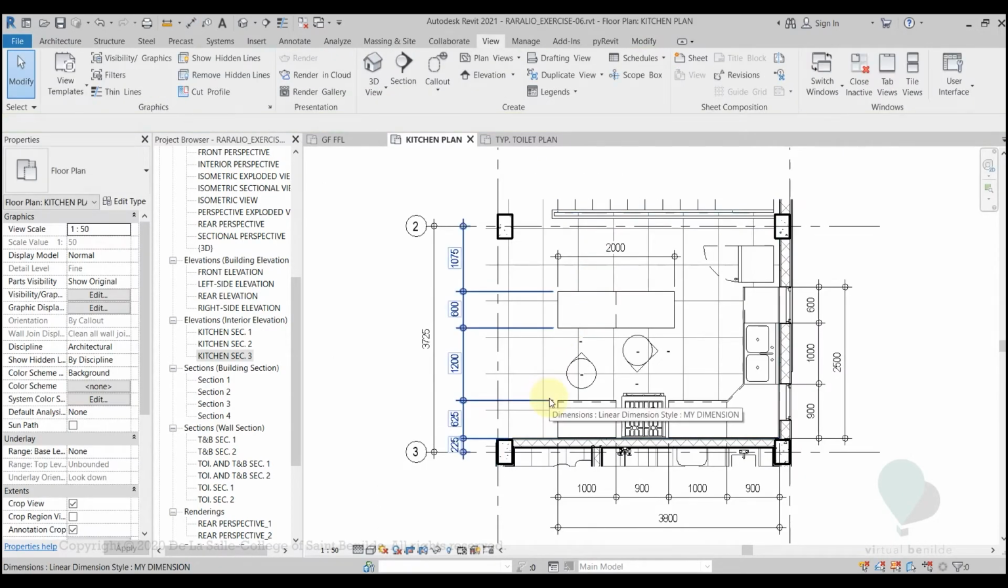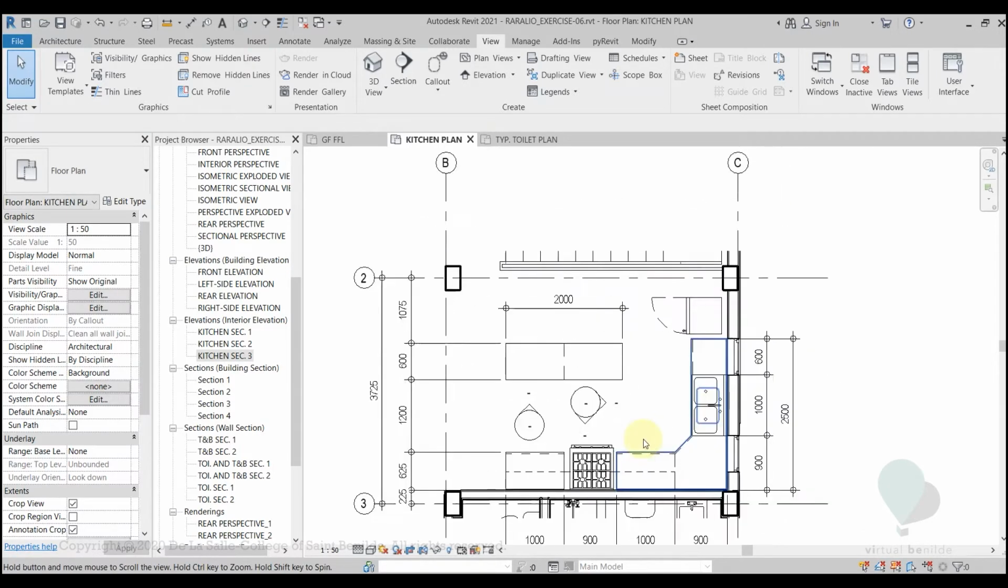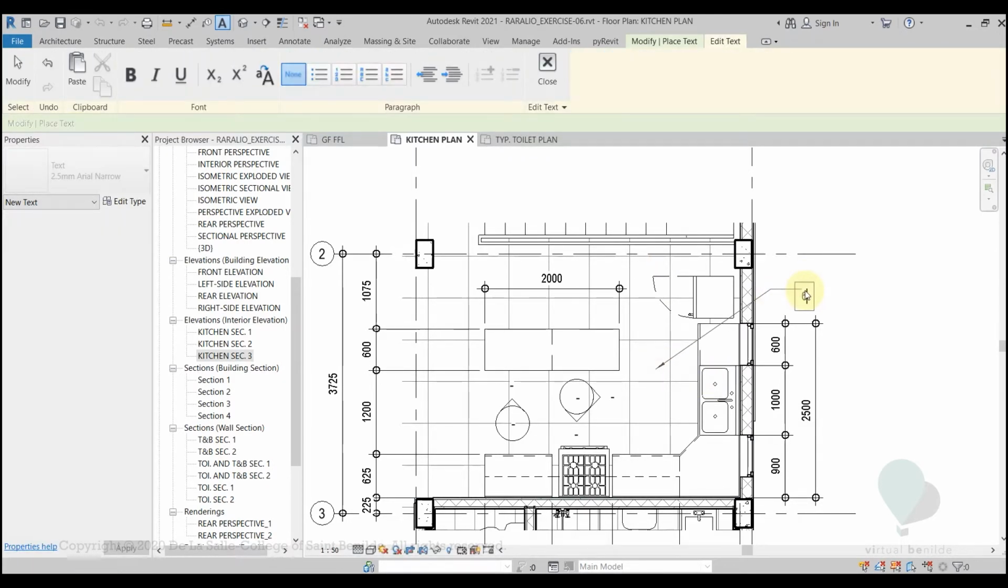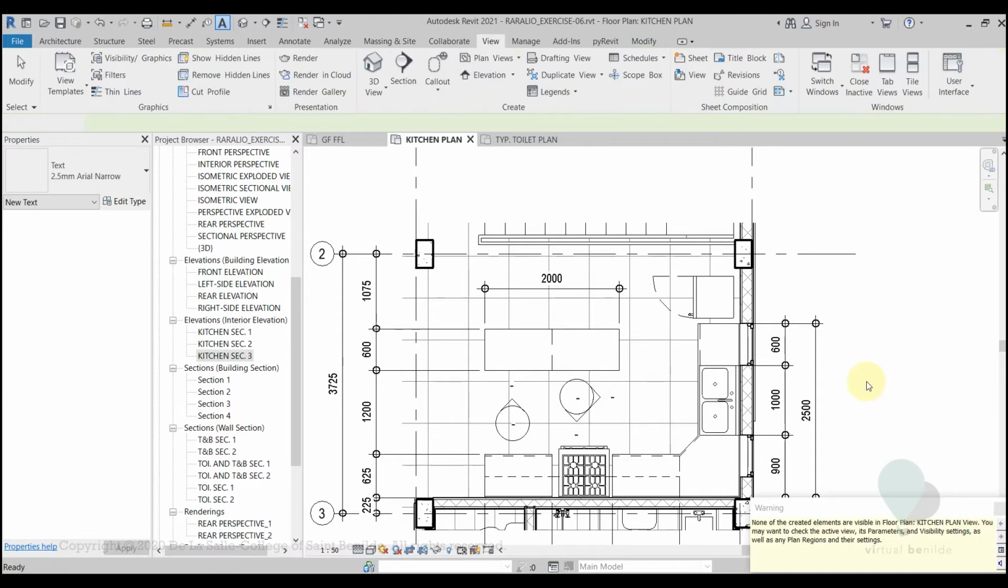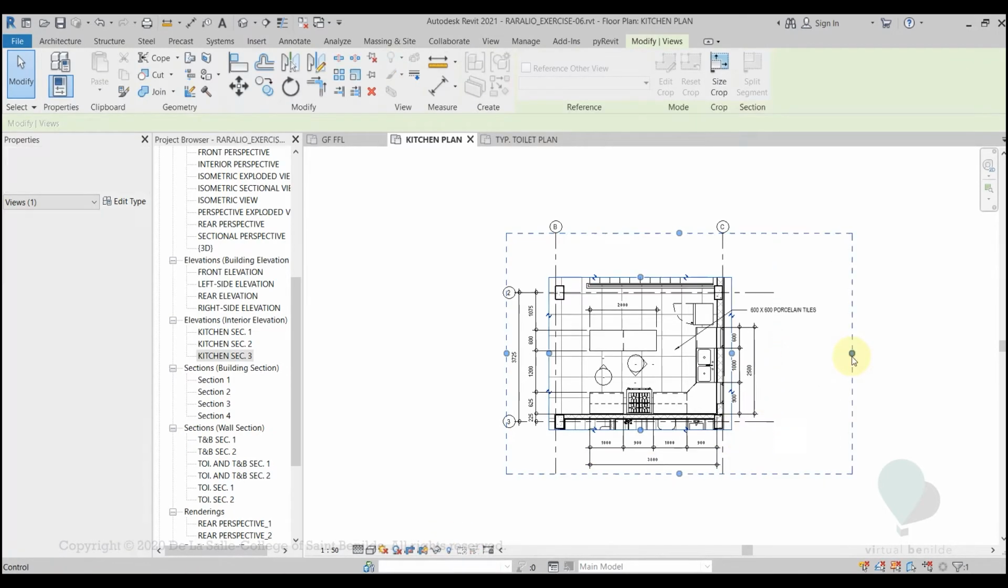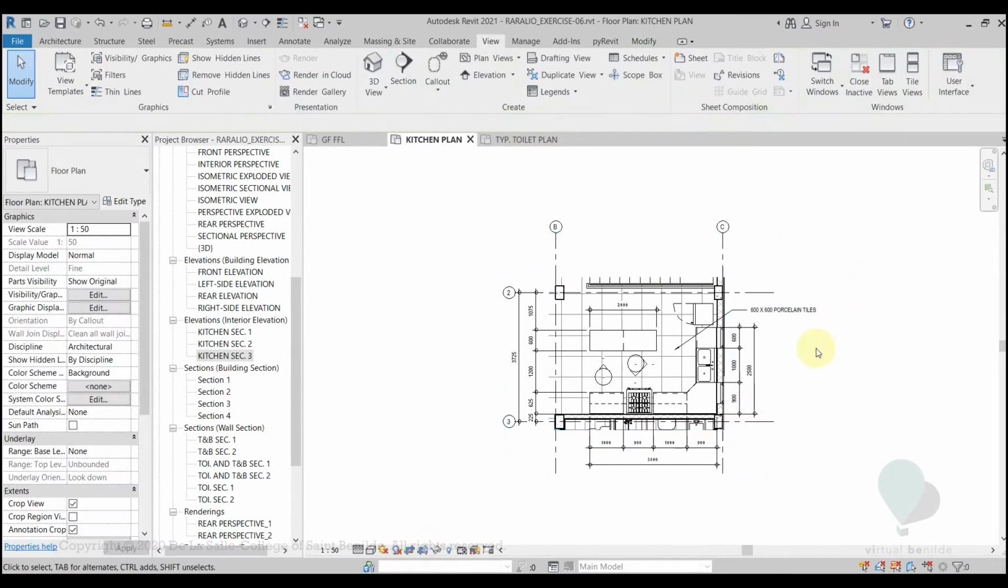and there you go. And then for the floor finish, let's add a text. Okay, let's use a left line and let's add it here. This one's using 600 by 600 porcelain tiles. Okay, so my text got cut off from the crop region, so I'll just adjust the annotation crop right there,